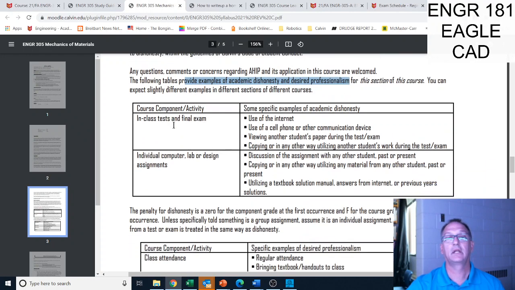So if you're in class taking a test or a final exam and you're using the internet, yeah, that's a bad thing. Using a cell phone or another communication device, bad thing. And you've seen these tables. There are some